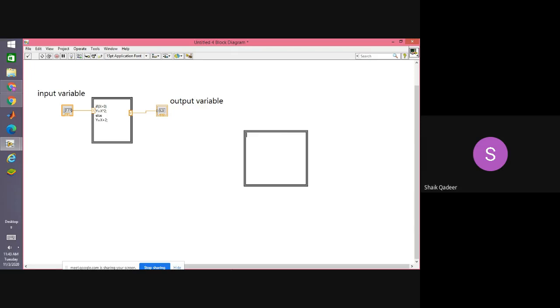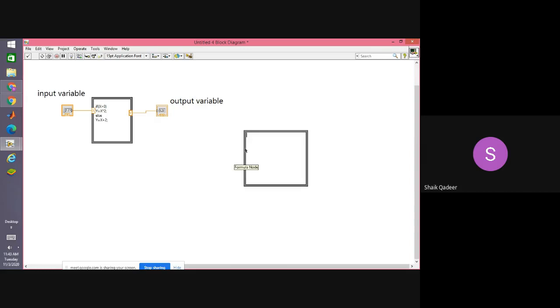We can expand this. It comes like an empty frame. There is nothing available. In the surrounding, GUI programming is executing, but inside this box, we want to execute a few lines of text, a few lines of sequential instructions. So for that, we need to give some input to this frame, and we need to take some output out of this frame. That is the first thing we need to do.